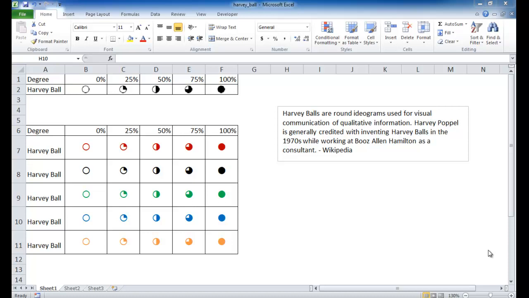Hi, in this session I'm going to show you how to create a comparison table using Harvey Balls. Now Harvey Balls are an ideogram or icons that are used for visual communications. They were created by somebody named Harvey Ball, if I'm pronouncing his last name correctly, hopefully. And he's been credited with inventing the Harvey Balls when he was working for Booz Allen Hamilton as a consultant